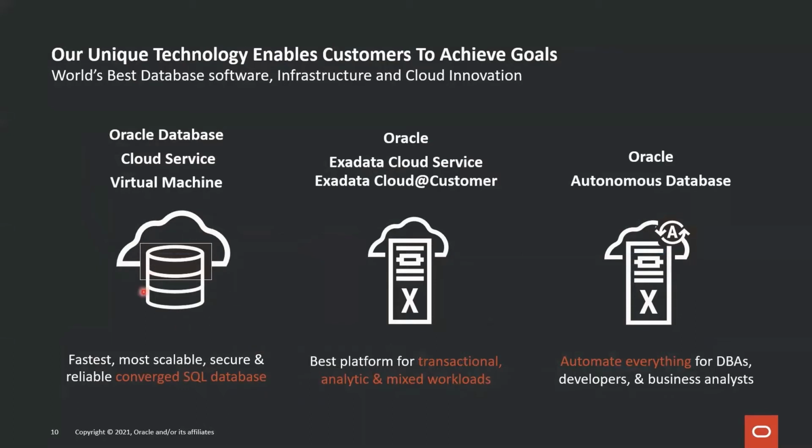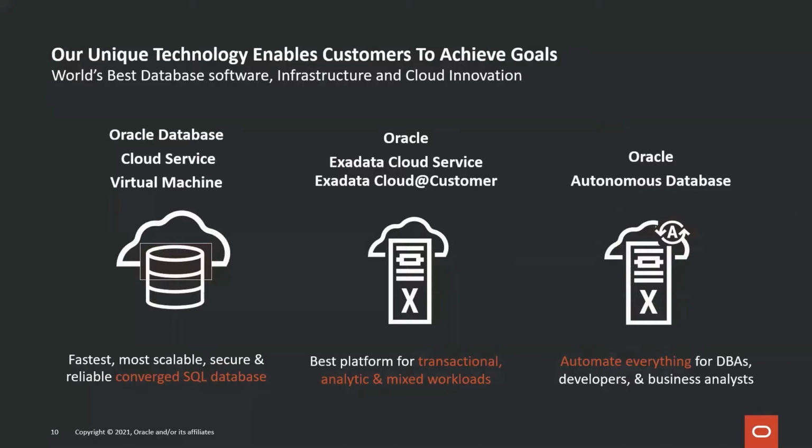We have the very price competitive database cloud service that lowers the total cost of operations for cloud databases by up to 45%. We've got the highly differentiated Exadata Cloud Service offering that saves up to 50% on total TCO with a 3 to 8x performance improvement and can be deployed in the Oracle Cloud or on-premise in the form of Exadata Cloud at Customer. And we've got the leading edge autonomous database offering that can reduce the operational costs of your Oracle Converged Database platform by up to 90%.